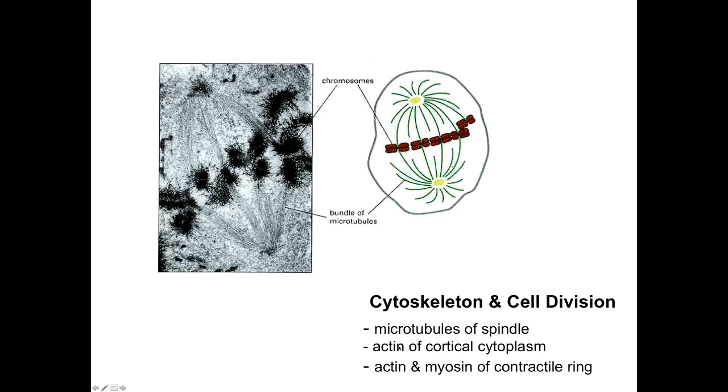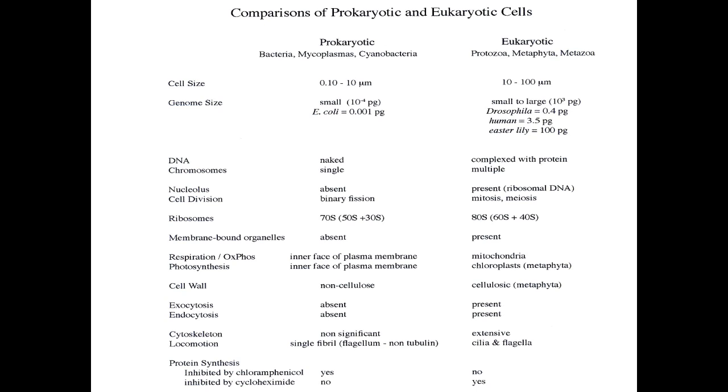There's actin that plays a role in cell division in the cortical cytoplasm, and then actin and myosin form the contractile ring as animal cells divide. Here, finally, just a comparison of prokaryotic and eukaryotic cells to put some things in perspective for you. So prokaryotic cells, things like bacteria or mycoplasms; eukaryotic cells, think about human cells, but obviously protozoa, multicellular plant cells,